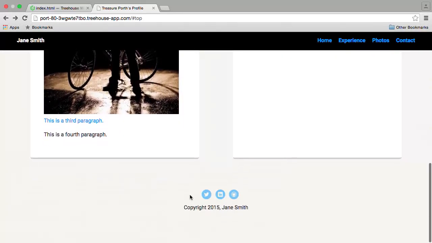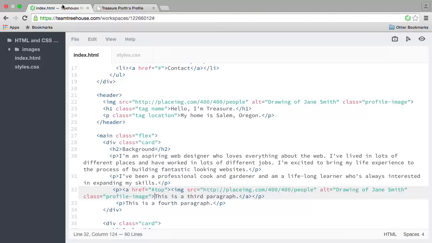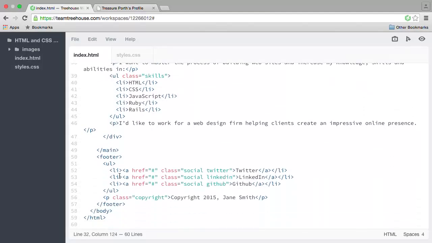Let's go down to the footer and see how to use anchor tags to link to an outside page. So if we look at these social media links down here in the footer, we can see that they don't actually lead anywhere. In the href, there is a pound or hash symbol, which pretty much does the same thing as the pound top does, which is it takes you to the top of the page if you click on it. So let's set this Twitter link so that it actually goes to Twitter. And we'll do that by deleting this pound sign and typing the full link